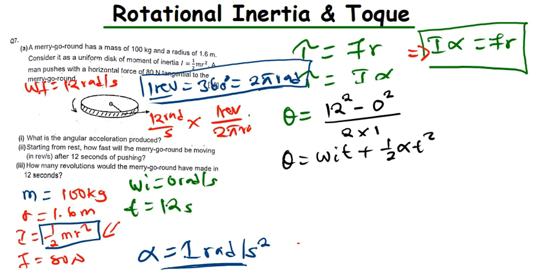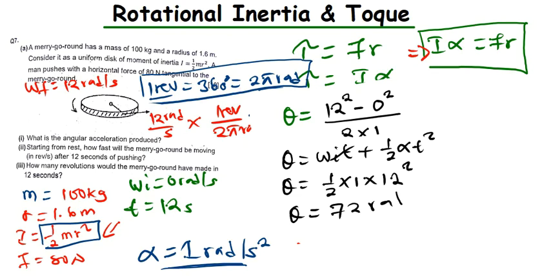So theta initial is 0, so this one is going to be cancelled because the initial is 0. So we have half, then the angular acceleration is 1, the time is 12, we square it. 12 squared is 144. 144 divided by 2 is 72 rad. If you convert this to revolutions, you find the same answer. So that is it